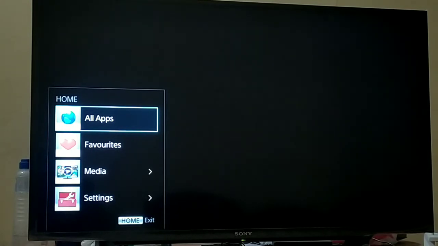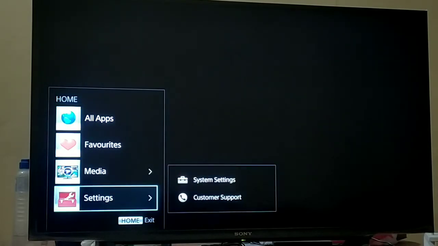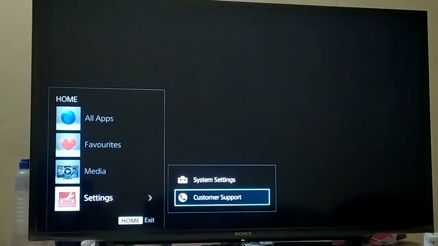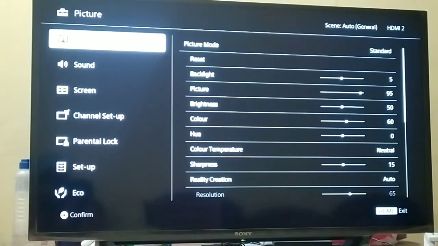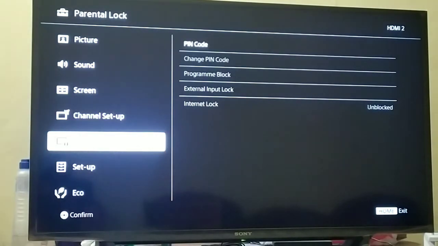You can see here we have options like all apps, favorites, media, settings. In settings we have again two options, system settings and customer support. Select system settings. Under that you have again a lot of options like sound, screen, channel setup, parental lock,